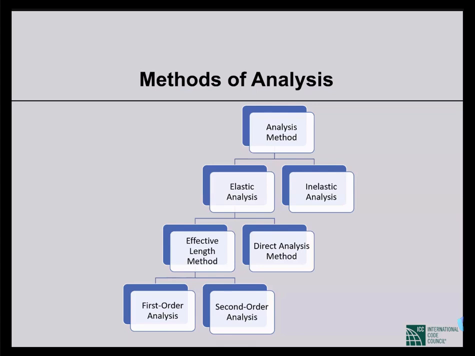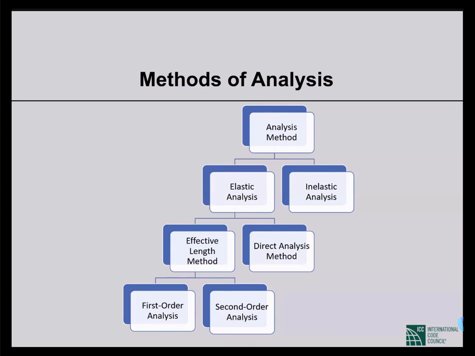So this is a very new method, and very recently, probably in 2016, this is the primary method in AISC. Now, direct analysis method is the main method now. Previously, it was kind of a secondary method, an advanced method. Now, if we follow AISC, not in BNBC, in AISC, this is the primary method. We are supposed to follow direct analysis method. If somebody wants to follow effective length method, still this is allowed, but direct analysis method is the recommended method.